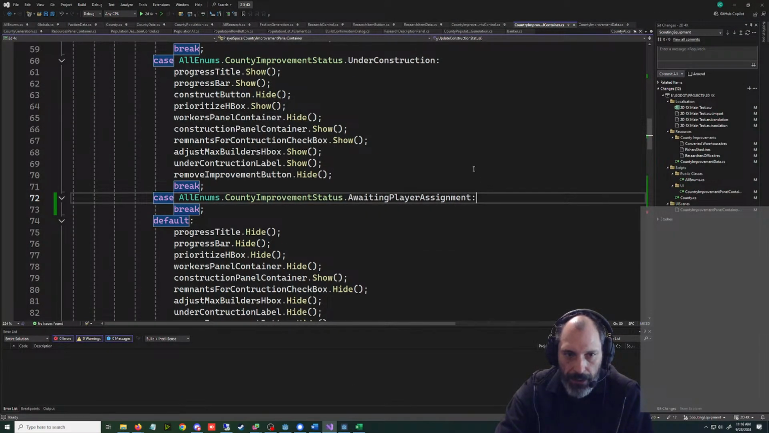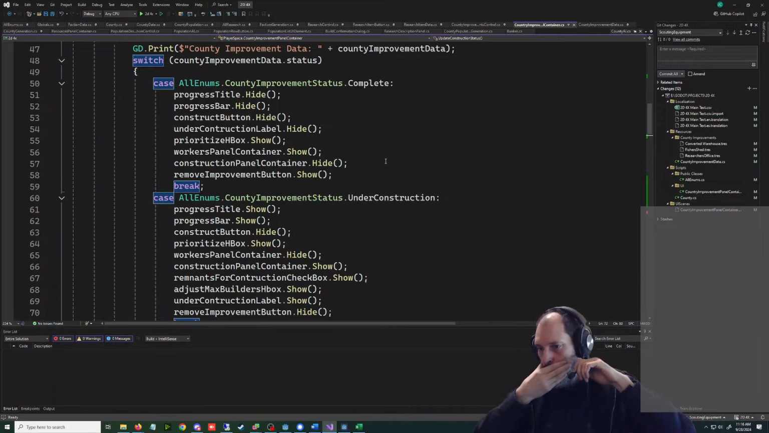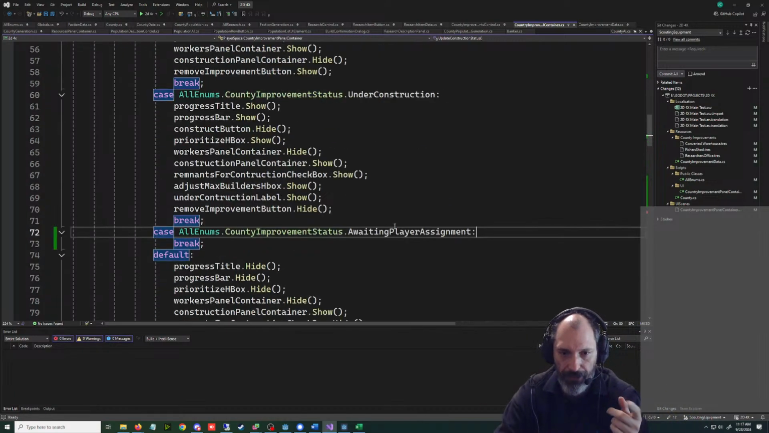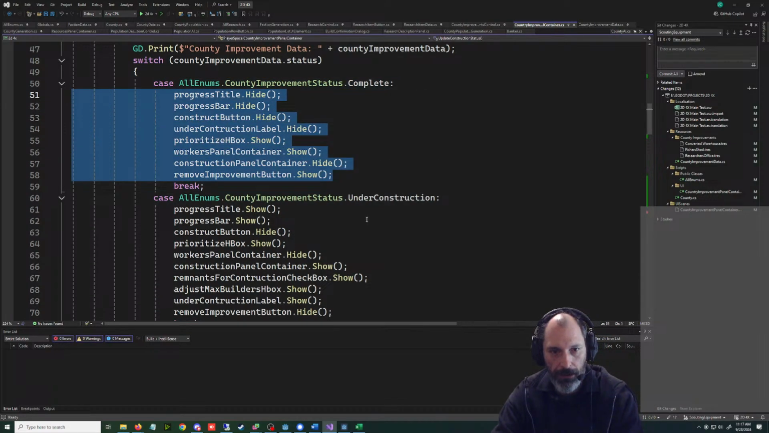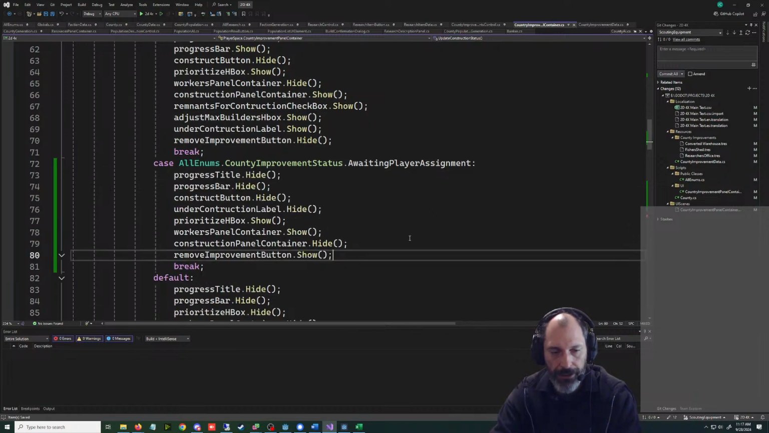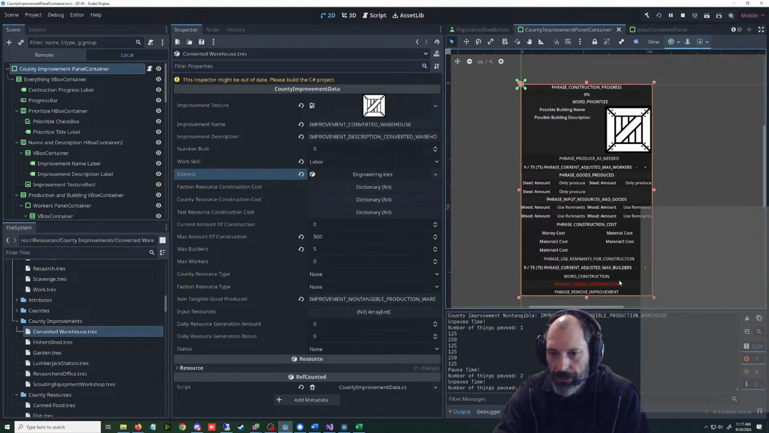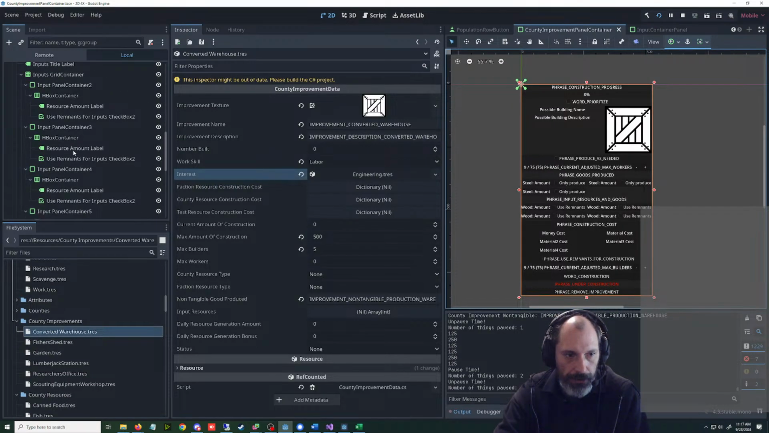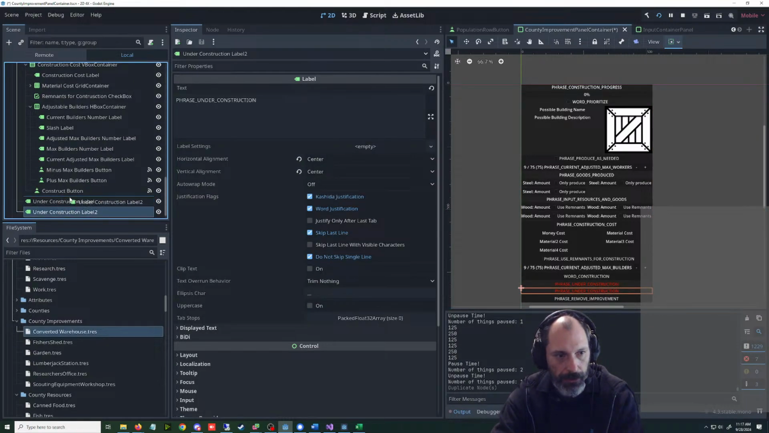Okay, so awaiting player assignment is going to have a special thing that happens. We're going to have to put it. We're going to have to do something here. We're kind of kicking this problem down the road, but whatever. It should be the same as completed for this stuff. So we'll put this in here. We're going to need another. I'm gonna put a note. Let's do another thing. This is getting so complicated. So where this says like under construction, I think we should put another label here